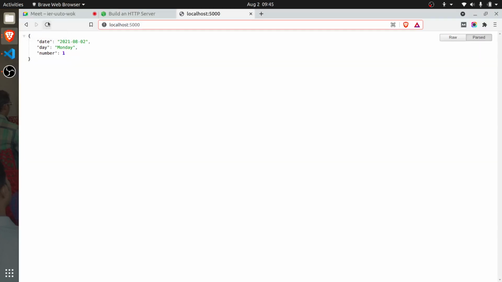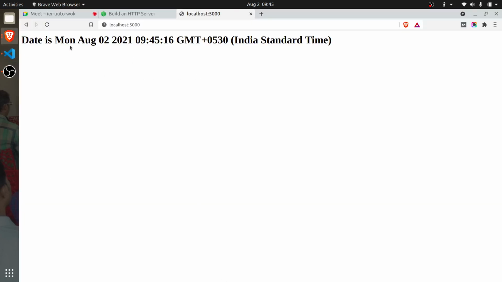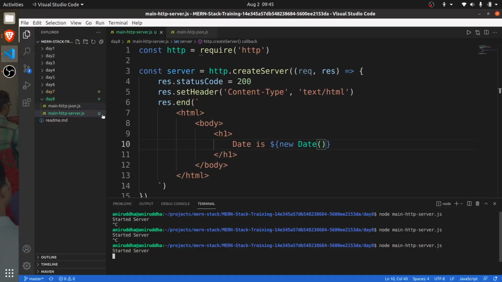Now refresh it. Can you see? You got a standard date here. Date is Monday, August, like that. And here you can add one more page division if you want to get input and output, or if you want to have a button,